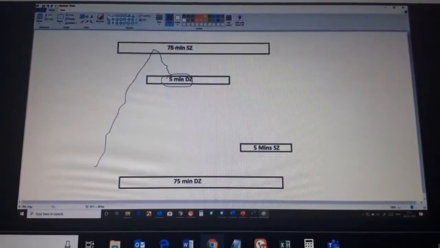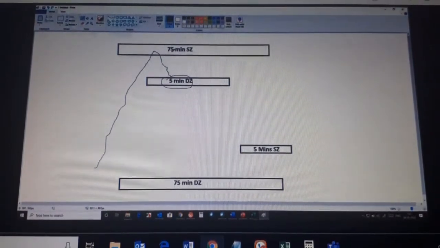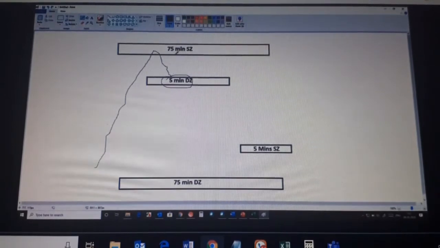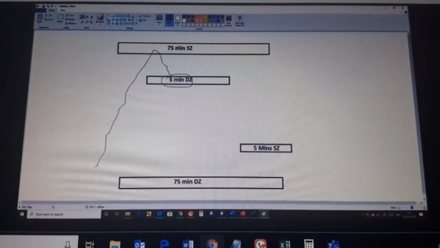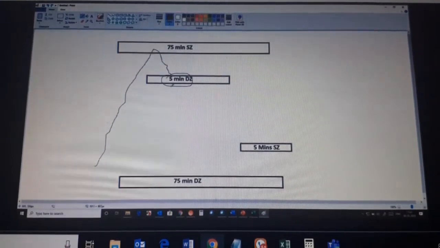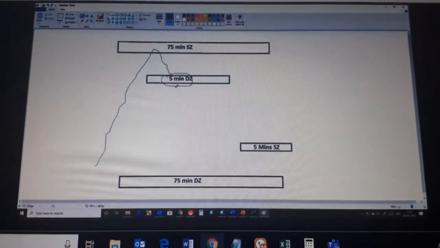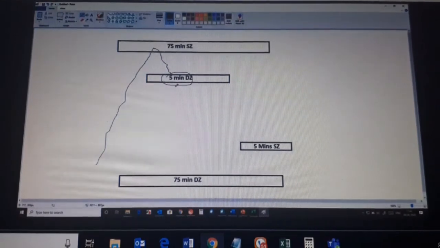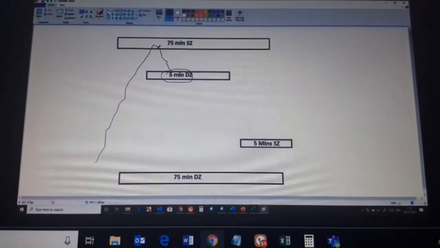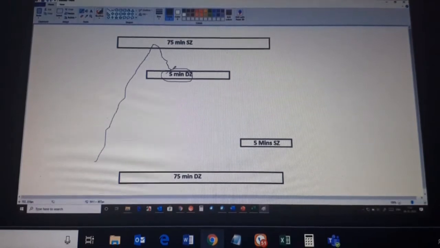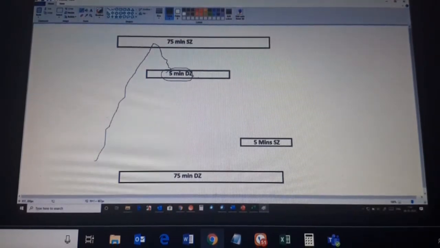When it's coming from a 75-minute supply zone, it has a lot of selling power with it. So will the 5-minute demand zone work or the 75-minute supply zone? The 75-minute supply zone will easily be able to break this 5-minute demand zone. That is what that statement is telling you: when the price has moved too far up, it's not a good time to be a buyer anymore.